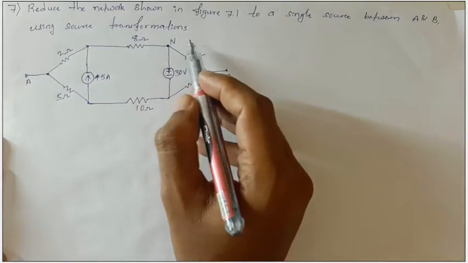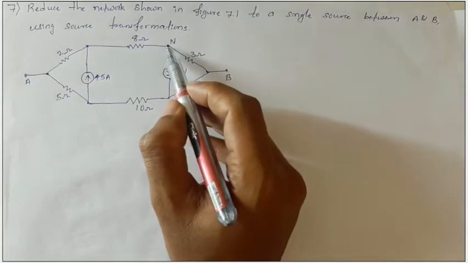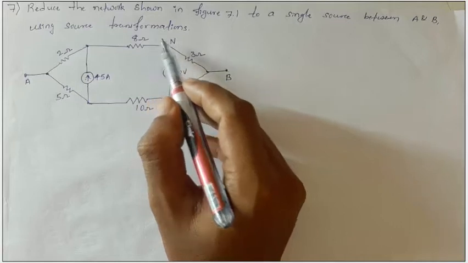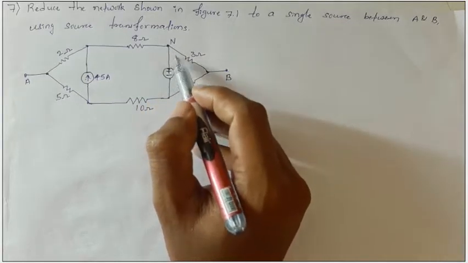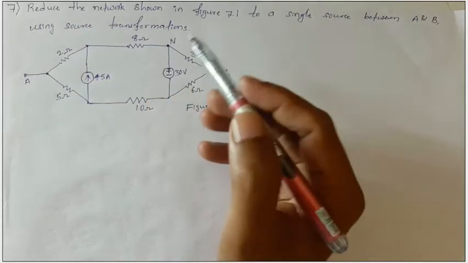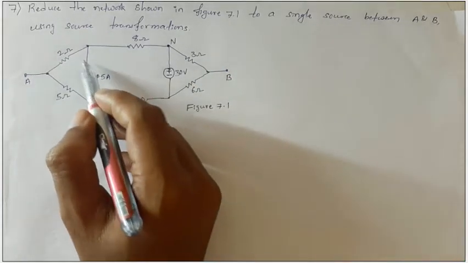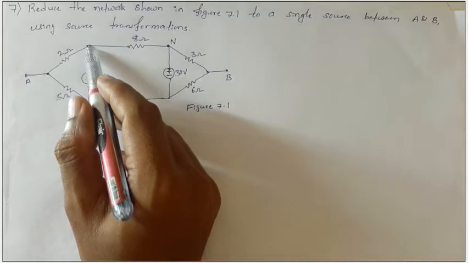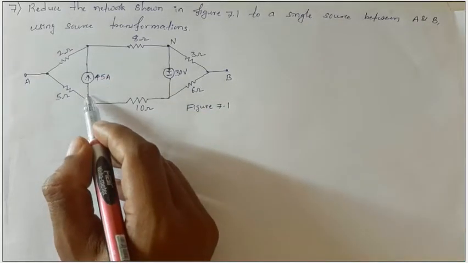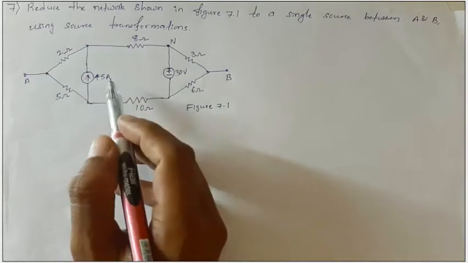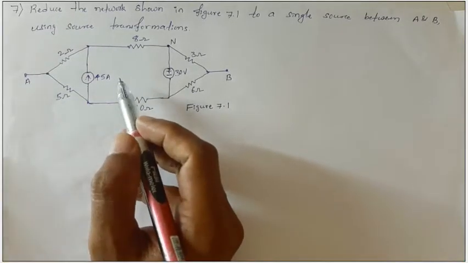Okay, and dear students, if you see, the voltage at one end of the 3 ohm resistor or one end of the 8 ohm resistor is 30 volts. After shifting also, if it is 30 volts, then it will not make any difference in the network. Even the current, 45 ampere, is entering here and 45 ampere is leaving here. After shifting, if the same thing is happening, then it doesn't make any difference.